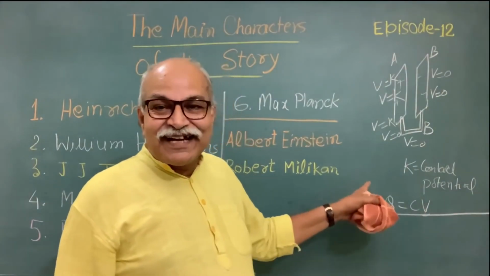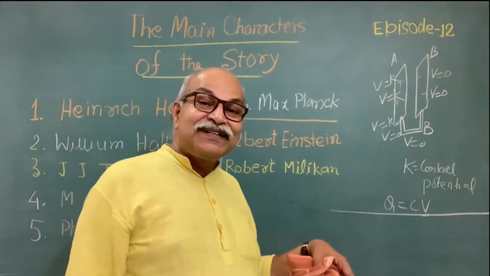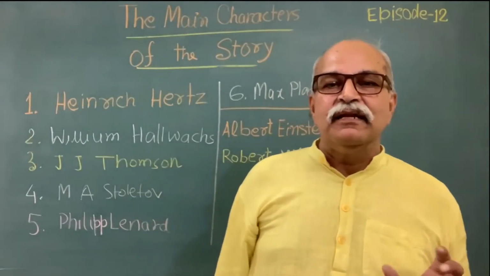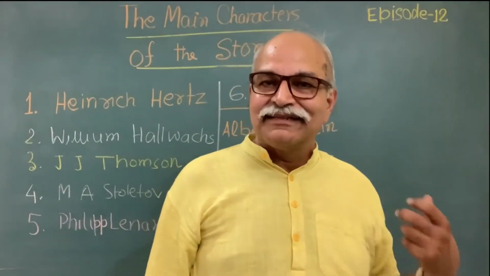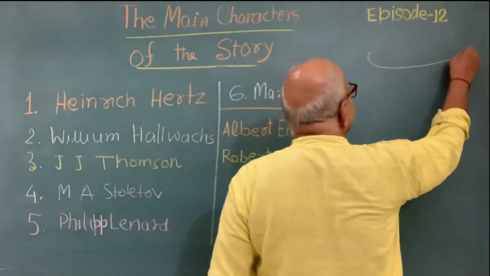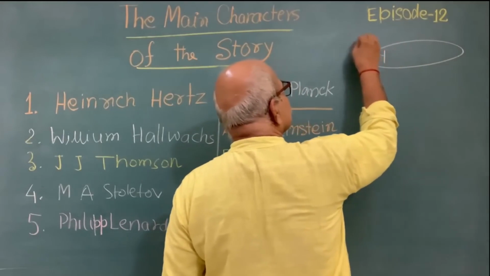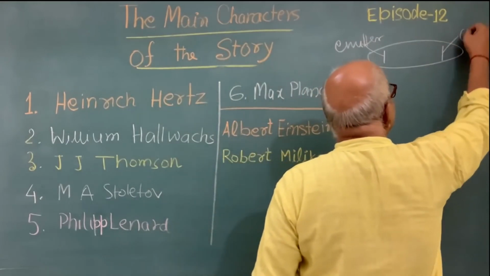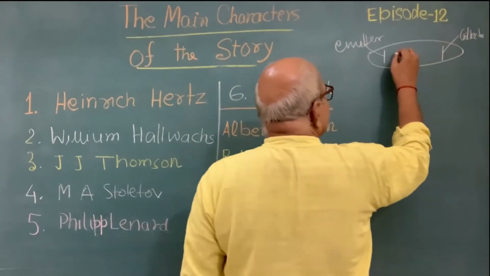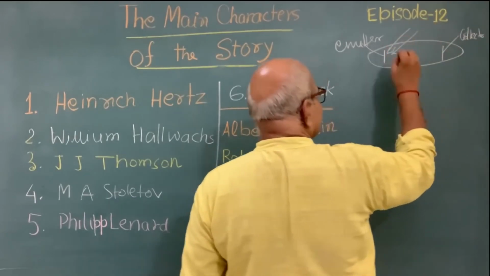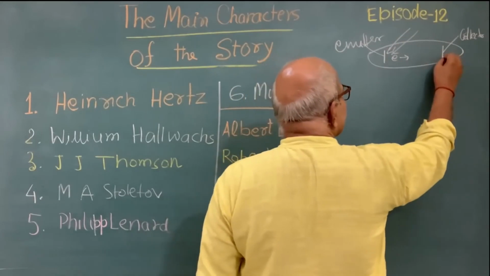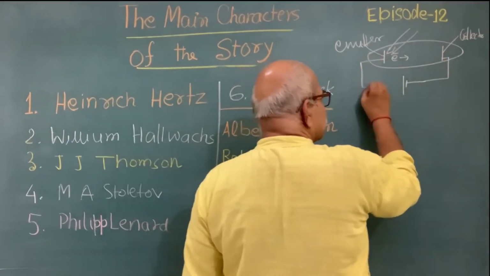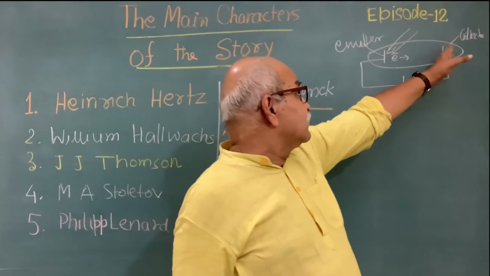Now that we know that this kind of thing is there, let's look at that photoelectric Einstein equation once again. So let us consider a typical photoelectric effect experimental setup. You have an emitter, then you have a collector and a light source, and then electrons are coming out. And here you have a potential difference applied between this collector and the emitter,